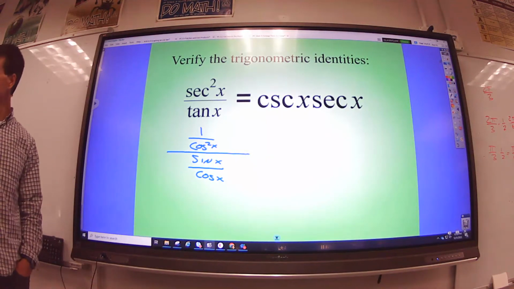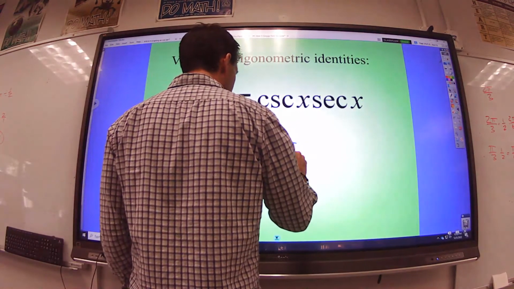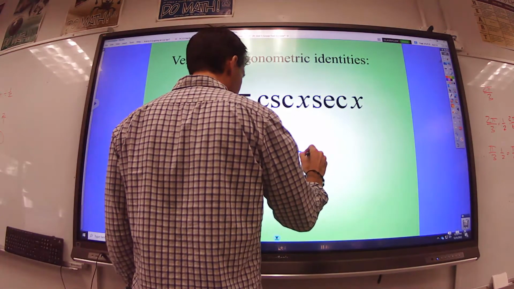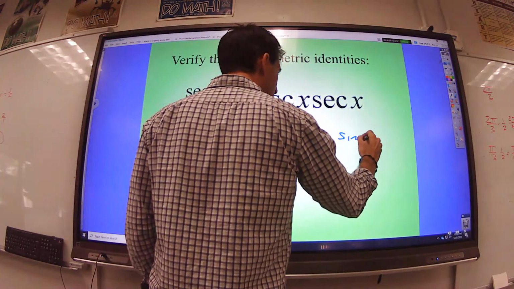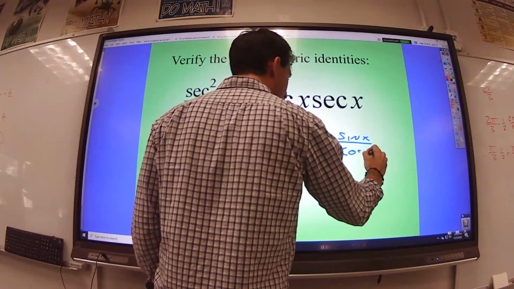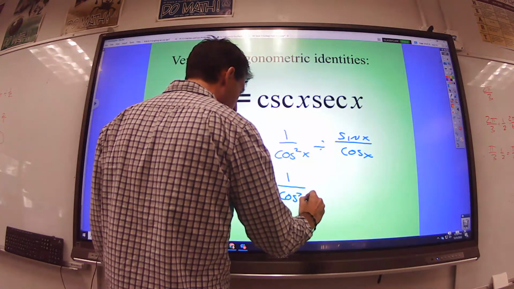Then we write it as a division, then we write it as a multiplication: 1 over cosine squared x divided by sine x over cosine x,